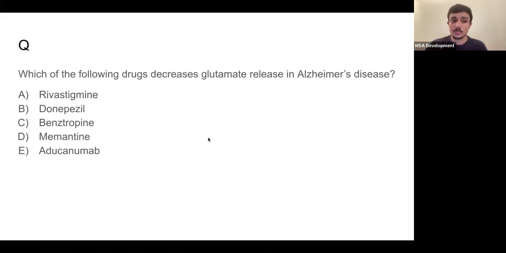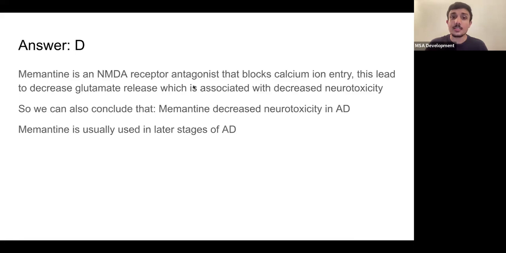The answer would be, can it be A, B, or C? And can it be A or B? No. Why? Because I literally just explained to you the methods of actions of A and B. Can it be C? No. I'll also explain to you later what benztropine is. And can it be E? Aducanumab. That is a monoclonal antibody. Okay, it's an antibody. So that's its method of action, monoclonal antibody. So it's not going to lead to decreased glutamate release. The answer is D. Memantine is an NMDA receptor